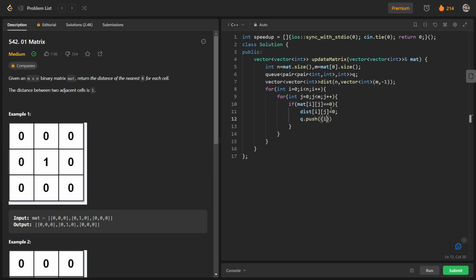So basically we will push a pair of integers, i and j, and another element will be nothing but the distance of i and j. So basically we will push this in the queue. Okay, so after doing this, we are done with our first step.